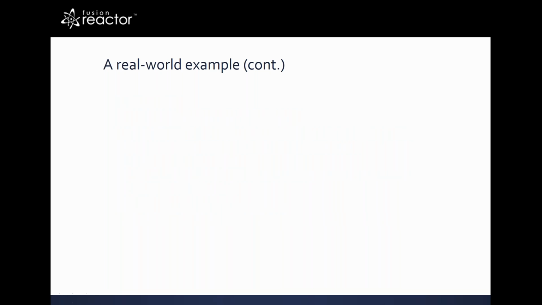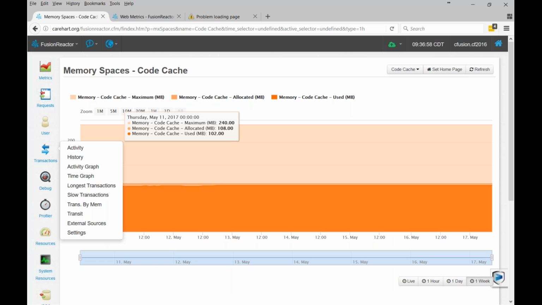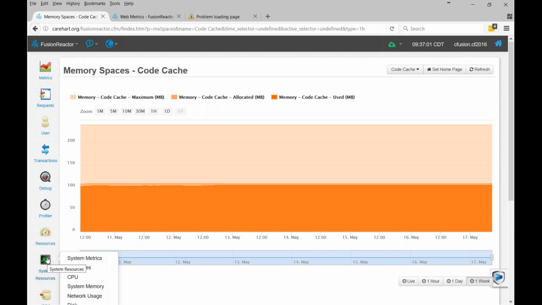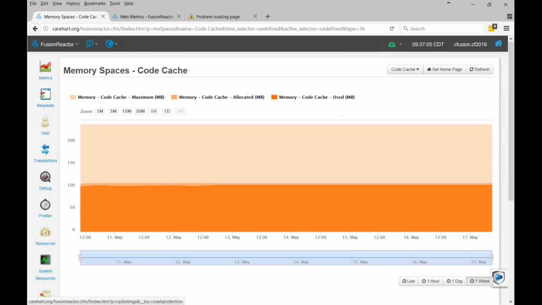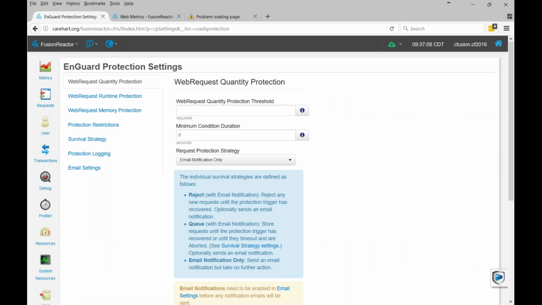The logs are great, but sometimes there's even more value in what are called the FusionReactor crash protection alert emails. The FusionReactor crash protection feature is in the FusionReactor interface down here on the left under protection, settings. And again, we've had other presentations where we talked about it, so this isn't the place to get into it in depth. But I'll just say that, and I'm really surprised I don't have this here, typically I set